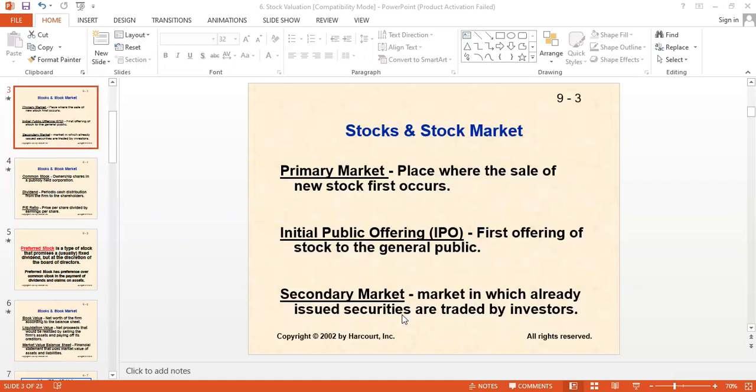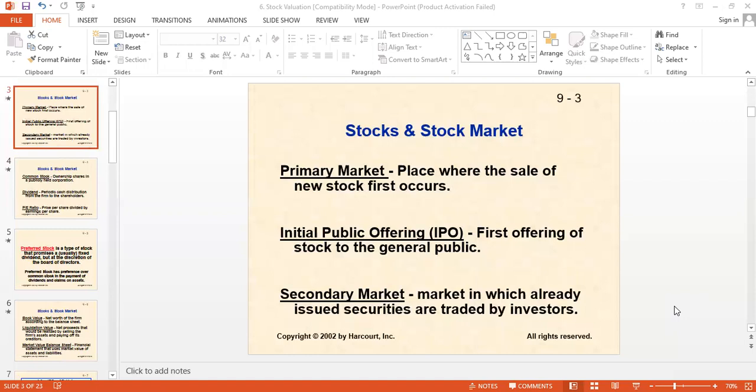You may call the stock market of a country basically a secondary market, where already purchased securities, already purchased shares from a company, are sold to each other. All right. I hope you are clear with the concept of the primary market and the secondary market. The primary market is the sale of a share for the first time, and the secondary market is the sale of a share for the second, third, fourth time, not the first time, whatever time it could be: second, third, fourth, fifth, 10th, 20th, 30th time.